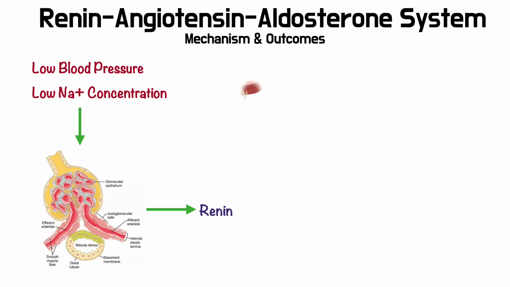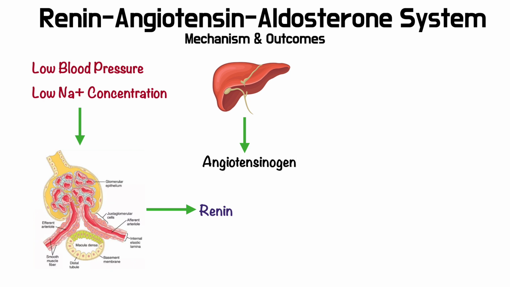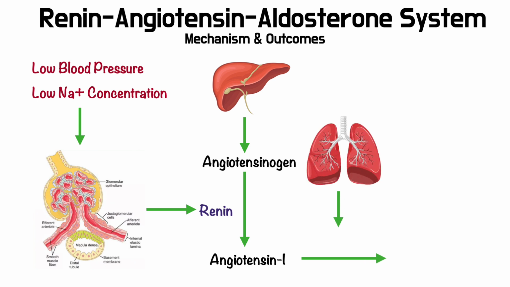And then the liver comes into function. The liver will secrete angiotensinogen, an inactivated form which will get converted into angiotensin 1 by the action of the same renin released by the JG apparatus, right? Then this angiotensin 1 will get converted into angiotensin 2 by the action of the lungs. The lungs will secrete ACE, that is angiotensin converting enzyme, which converts angiotensin 1 to angiotensin 2, and